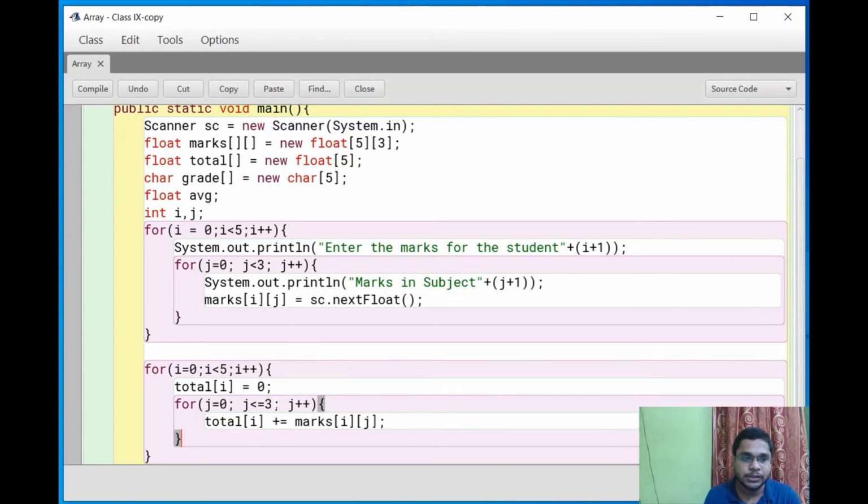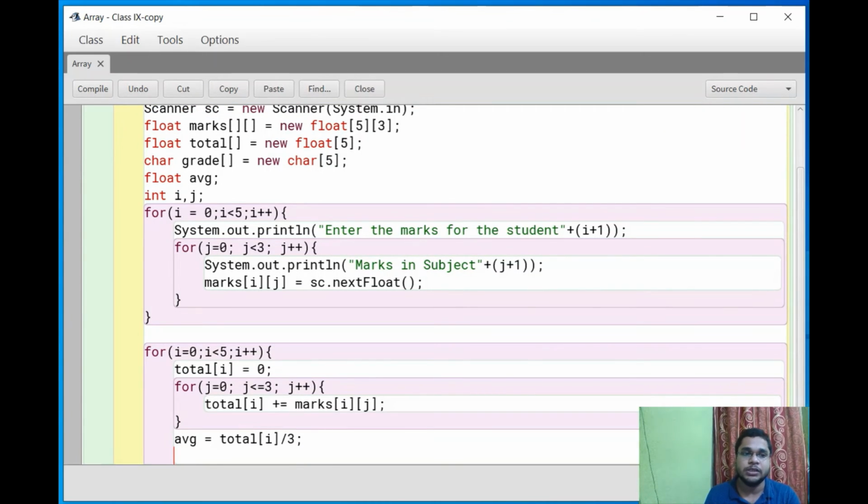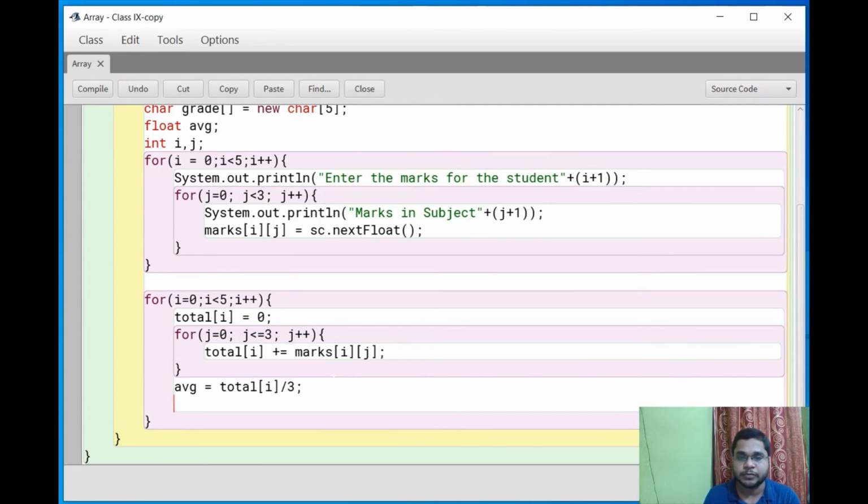That's it. Clear? Now we have to calculate the average. We got the total, so average is equal to total of i divided by 3, because there are 3 subjects.